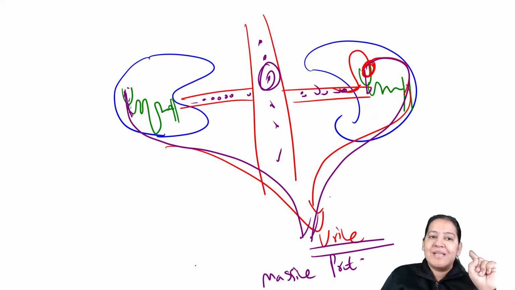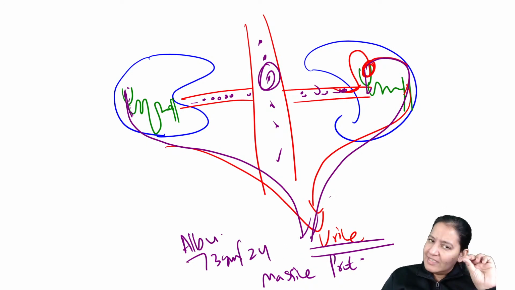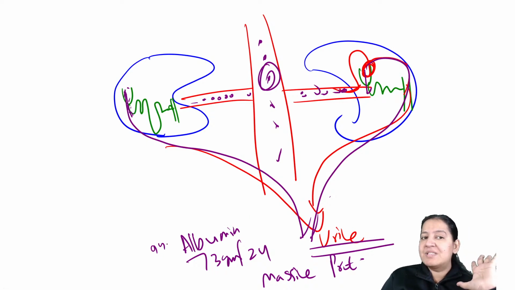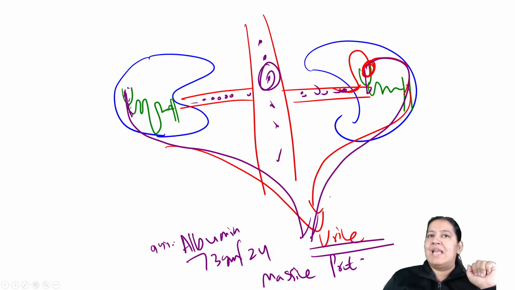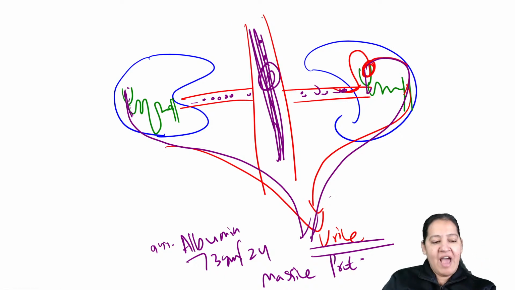The definition of massive is more than 3 gram per 24-hour urine. Massive proteinuria, and especially it is albumin. There are some other proteins also, but in very minor amounts, 99% it is albumin. That's why it is known as selective. Have you got it? Now, if all the albumin present in blood is excreted in urine, the blood will have less protein. So it is known as